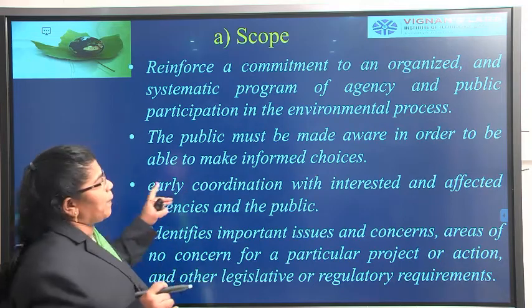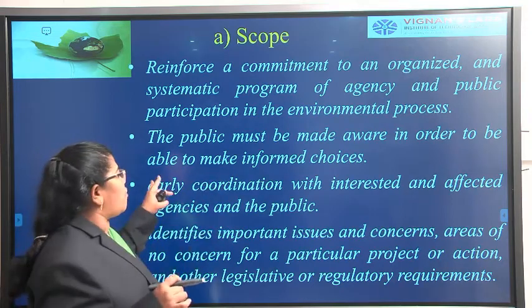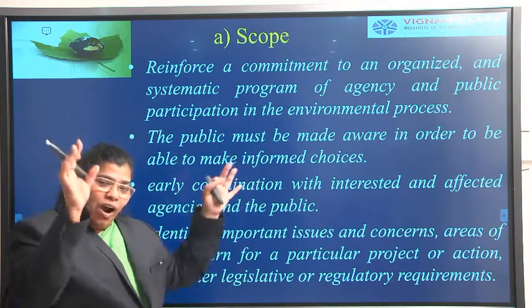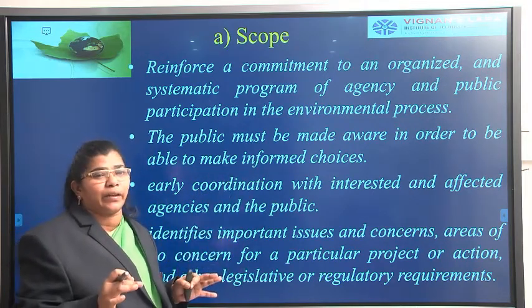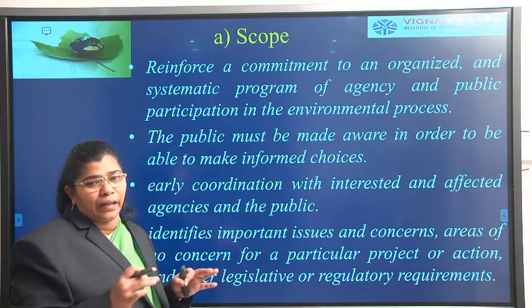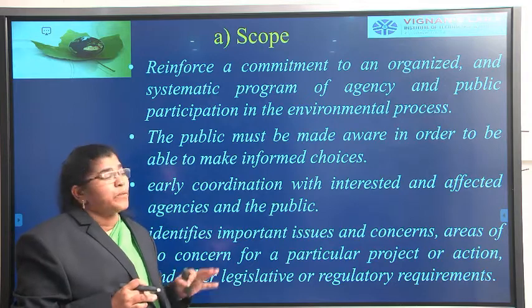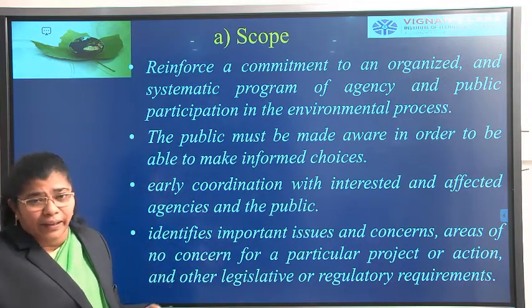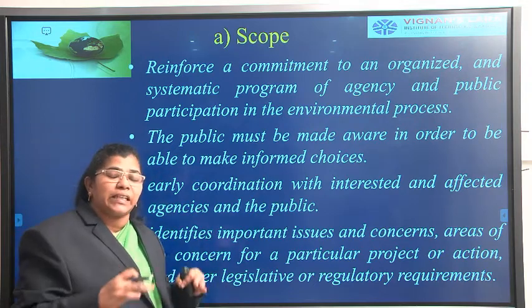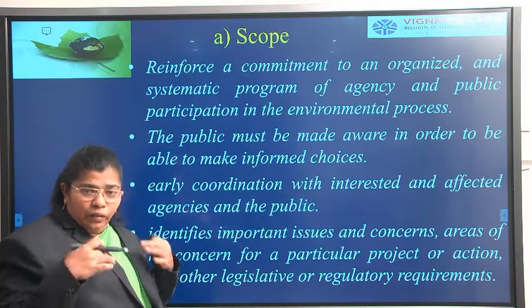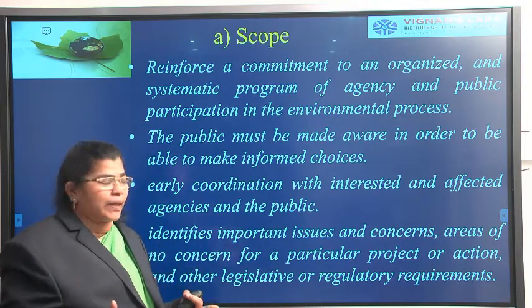So this is the second thing. The next one, the public must be made aware of what is going to happen there. Okay, I can't all of a sudden go and construct something in the center of a place of environmental importance, right? So I have to make the public aware: here there is a factory coming. If the factory is coming, these are the positive points, these are the negative points. They have to know what is happening over there.